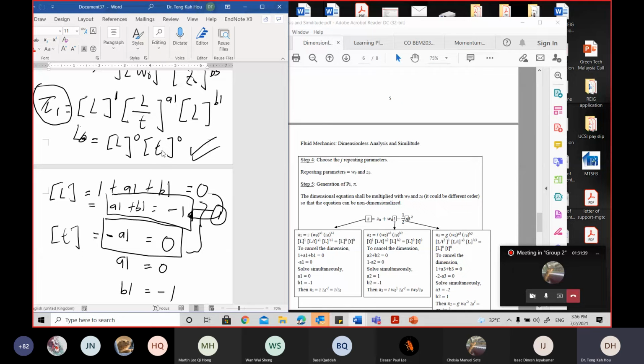So once I know the A1 equal to 0, substitute into equation 1. My B1